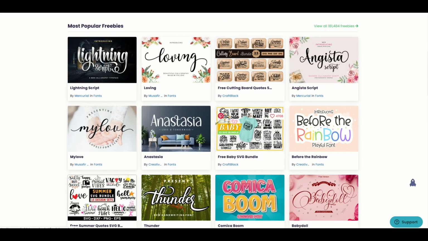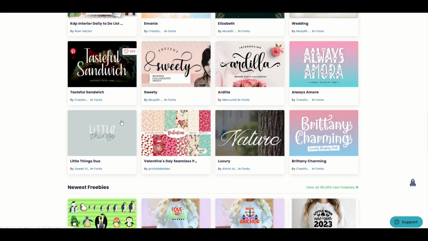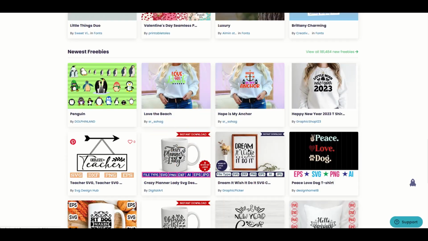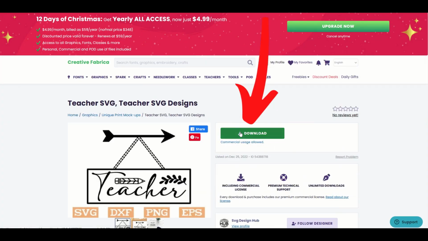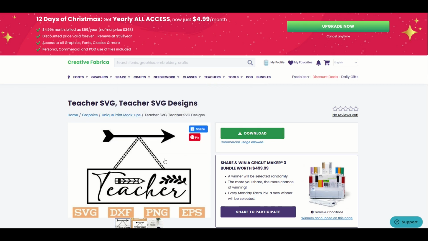But if you don't have the subscription, these can be great opportunities for you to go in and test this out. Now I do want to point out these are truly free, meaning if I click on it and I click download, this little window pops up now and I can download it. Now what I'm hearing is people who want to take advantage of the freebies are going through here and downloading all of these. You don't really need to do that, because once you click the download button, what happens is